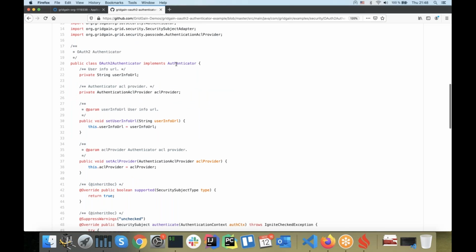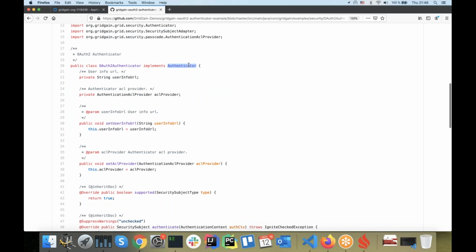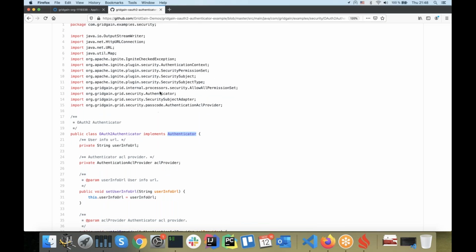It implements the authenticator interface that is a part of the GridGain library, and the main method here is authenticate, which does the checks. So we get the credentials here. We get login and password. If they're not null, then we use them to authenticate in the system. Otherwise, we get the user object, we get the access token and make a request to Google to check if the authentication is valid or not,